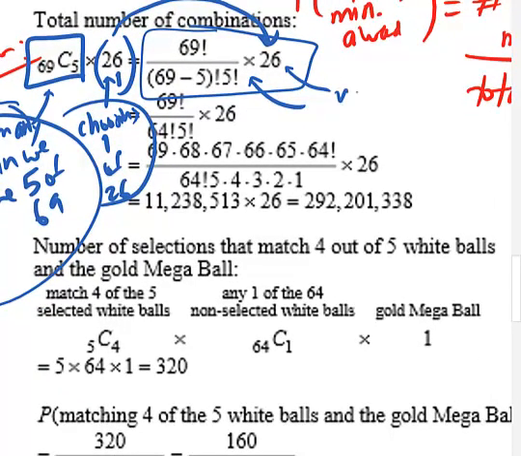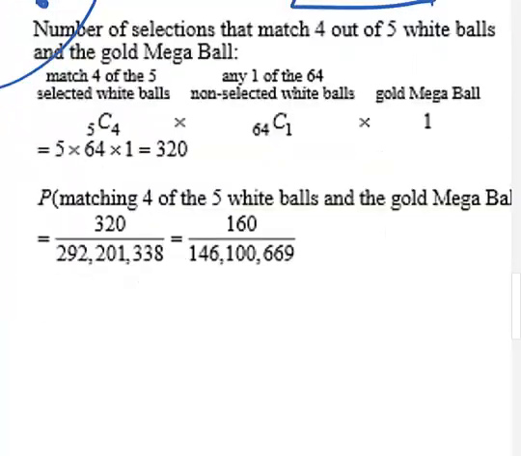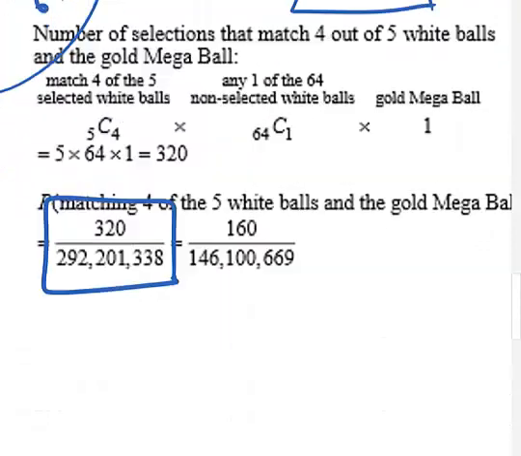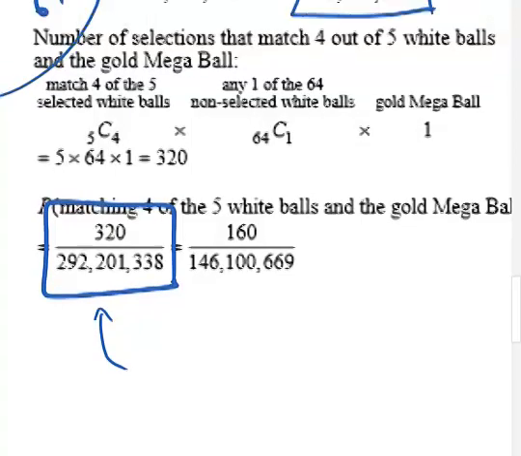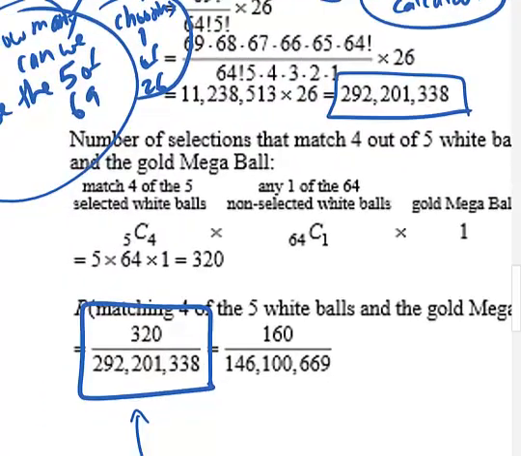Of course, you can use a calculator. They didn't use one, but you can. No problem. And you end up getting 292,201,338. So that's just the denominator of our answer. So our probability is going to be something over 292,201,338. The numerator, though, is we want to find the ways to get the minimum award, which means you're getting